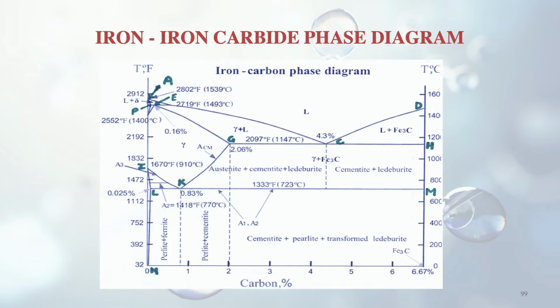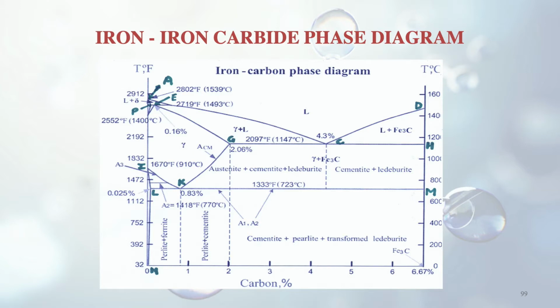From there, if we start the cooling, it will go down to around 1400 degrees centigrade, and further upon cooling it will come down to the line known as IK. So it will come to the point I, and further it will move along the line IK and come to the point K, where the austenite transforms into pearlite, that is the mixture of ferrite and cementite, and this point K is also known as the eutectoid point, which contains around 0.83% carbon. So this is one case of how cooling takes place.